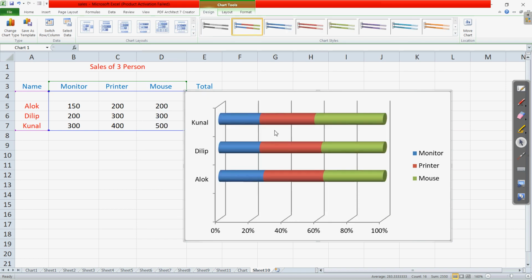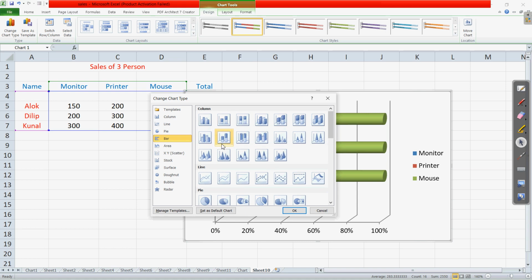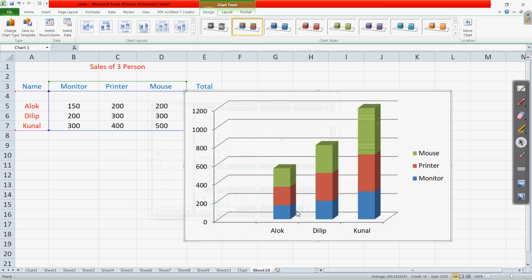Now you can see the existing column chart is now transformed into a bar chart. Again, if you want to change to any of the others, we can change back to the column chart. Here I have selected the 3D column chart. So here it is. Clear? These are the different chart types.